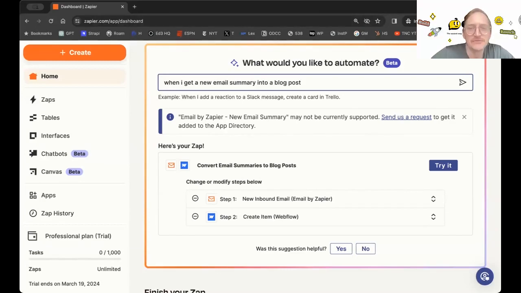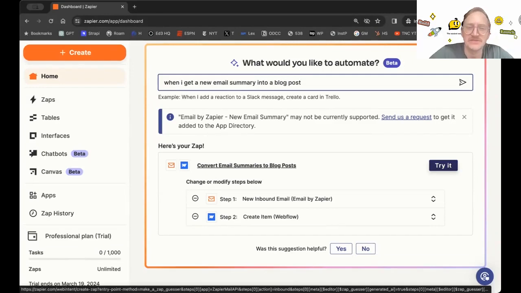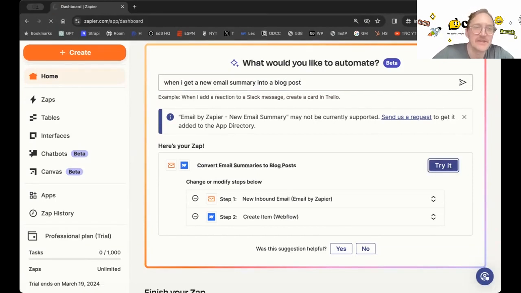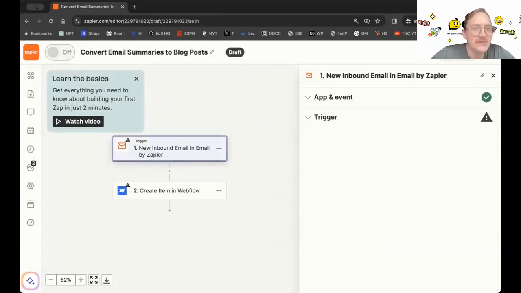Yeah. So we'll kind of walk through how to create these, and then I'll show you some easy use cases we could get started with. So this one's giving us an email to blog post. I'm going to go ahead and click try it because it's close enough for us to kind of jam on here. So when you get into Zapier and you start creating a zap, as they call it, an automation, essentially you're going to log into the different tools, and then that will kind of make everything work together. I find that this new inbound email I use a lot for triggers. So this is a really easy way.